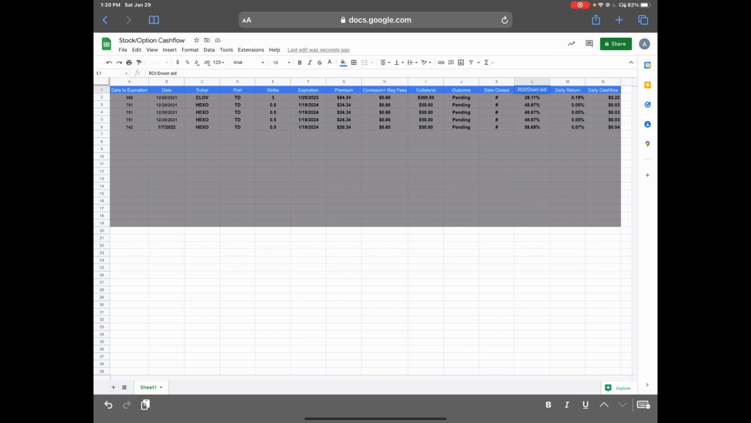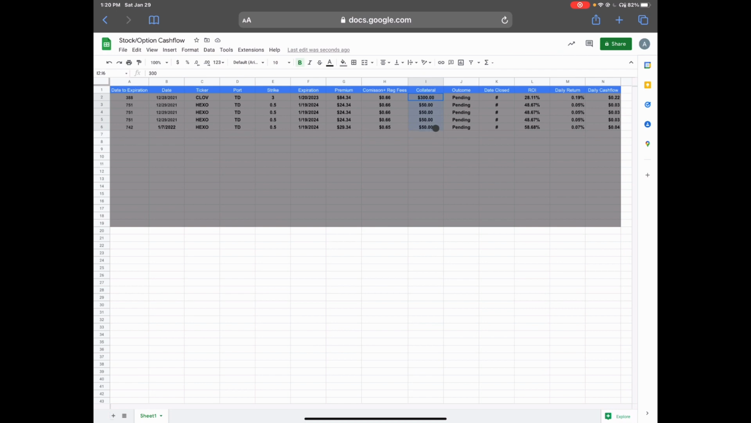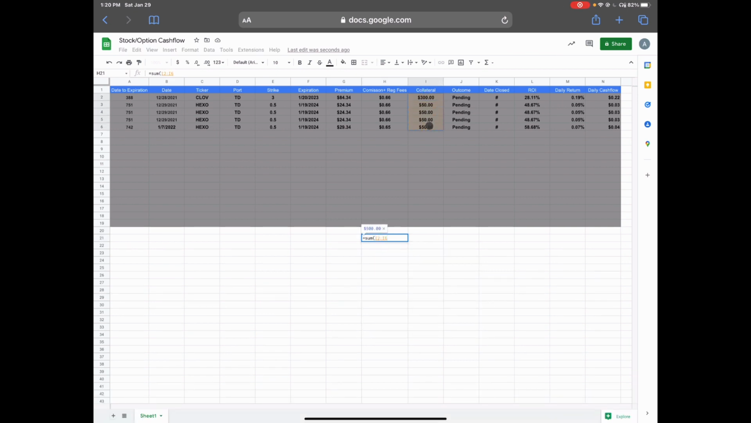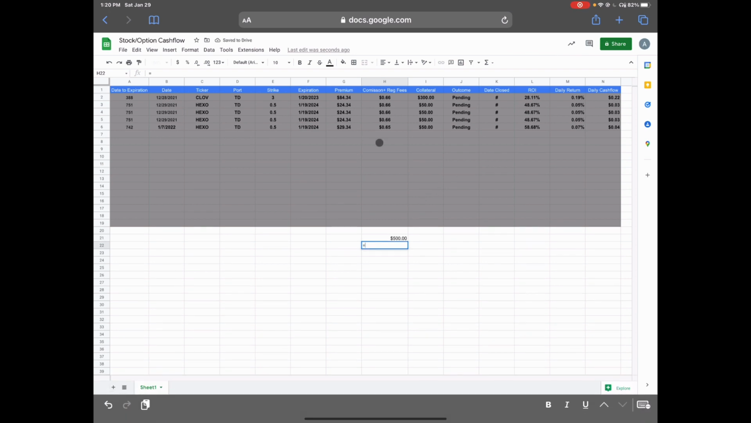So it goes both ways, just so you know. The ROIs, you can look at it from a cash flow perspective or a downside perspective. It's really up to you. But in my case, I'm just focusing on making this collateral, this money, work for me. And when we add everything up, overall, the collateral comes to about 500 bucks. And so far, I've been able to generate